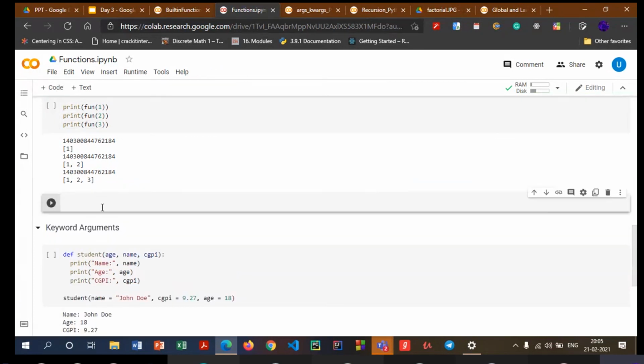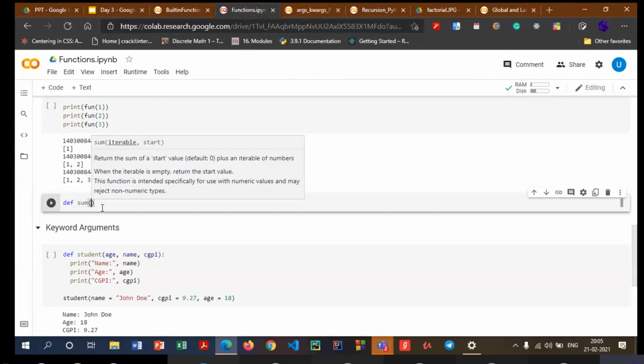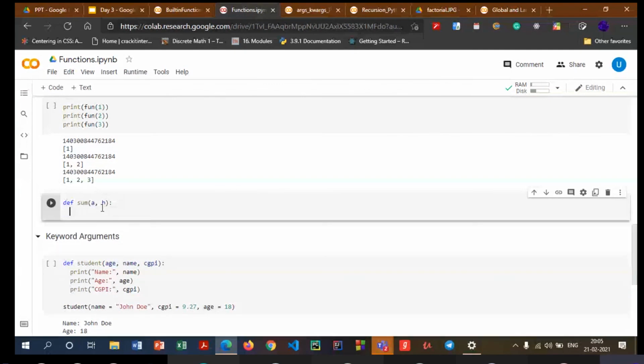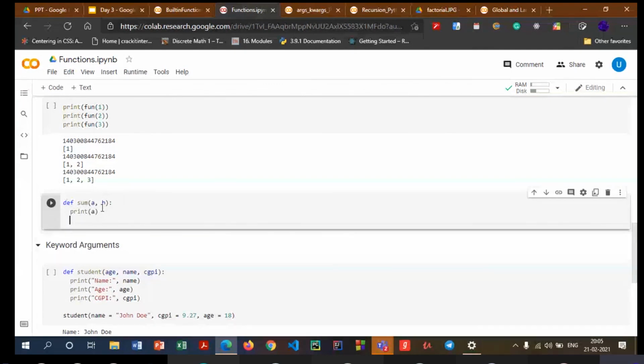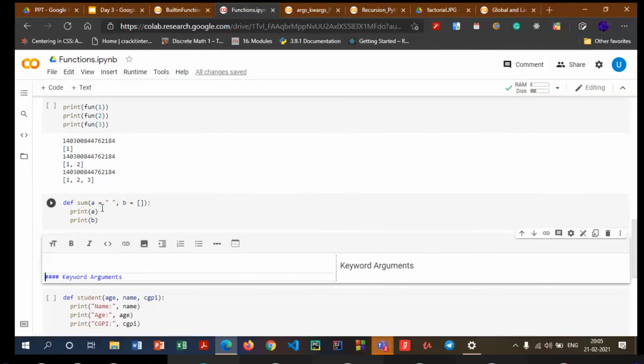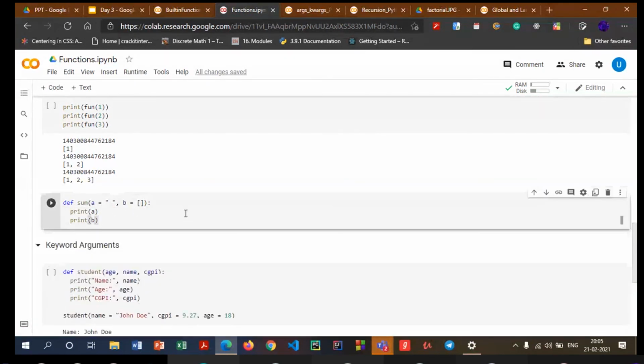For example, let me have another function, and let me print a and then b. So if I have this sort of function, the idea is that the order in which I pass the parameters is important.